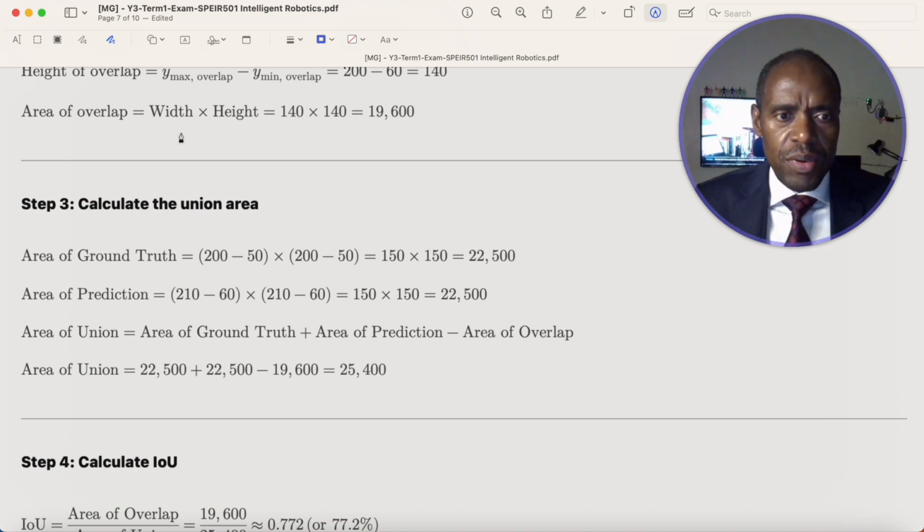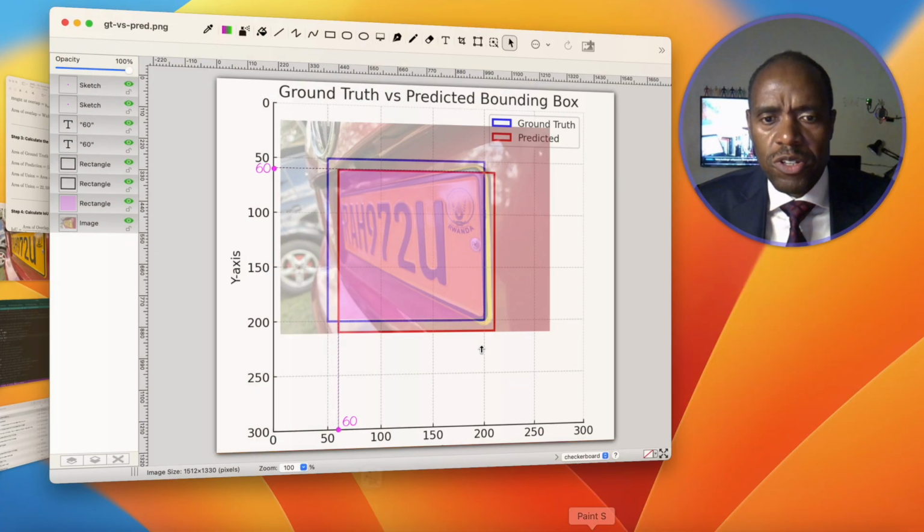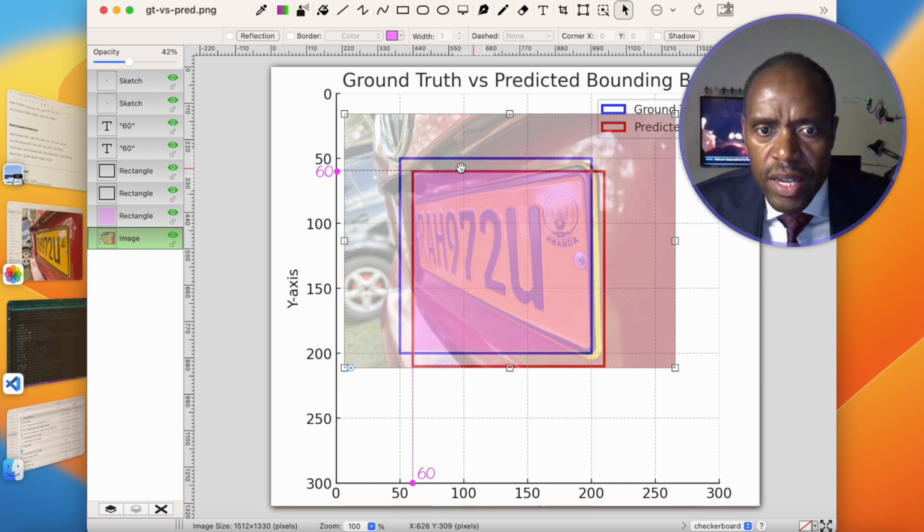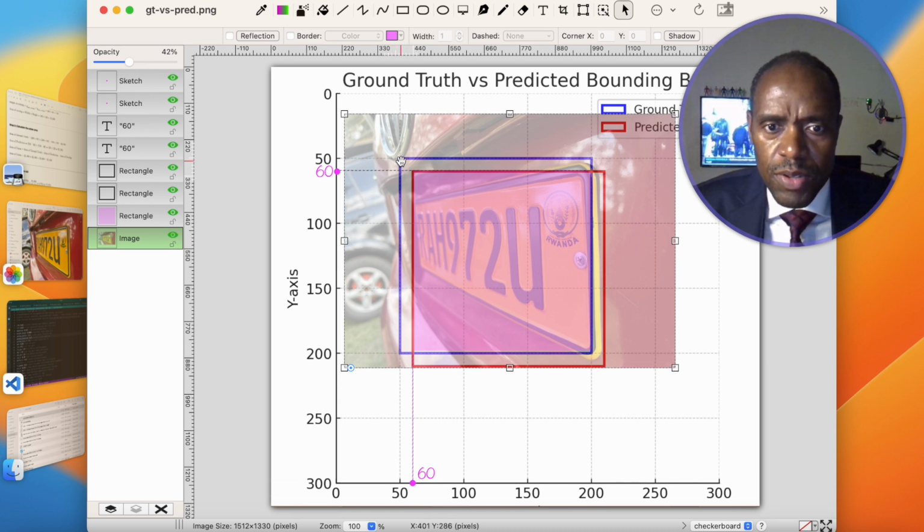So now that we have the area of overlap, we can easily find the area of the ground truth, because it can be calculated. We have 50, we have 200, then we have 200 minus 50, we have the width. We have it for the height, we have 200 minus 50,